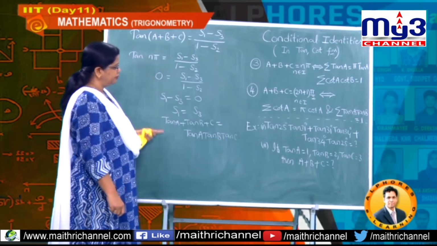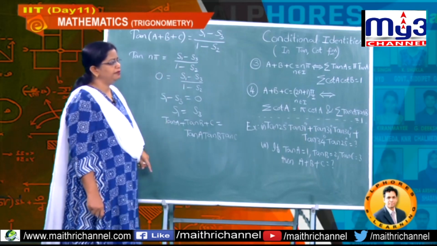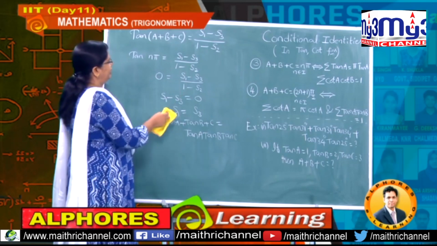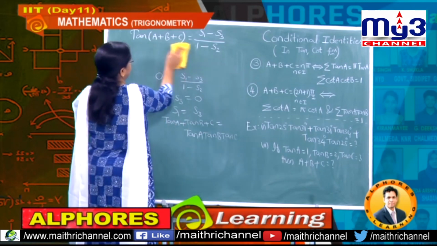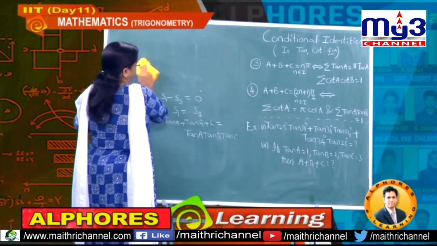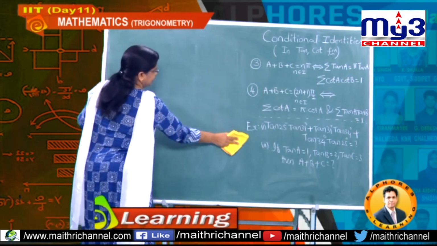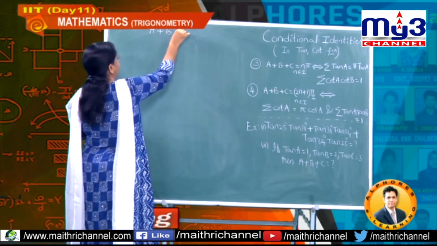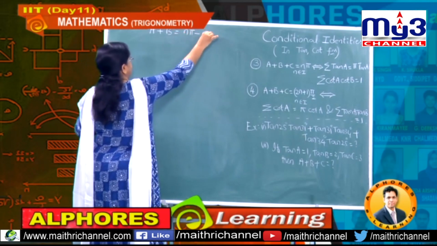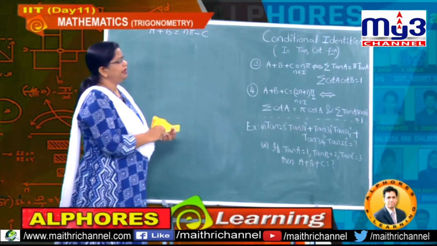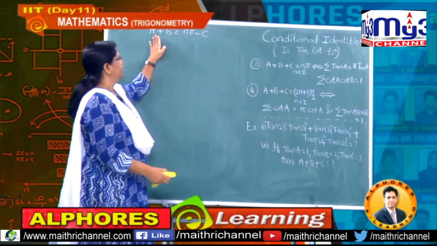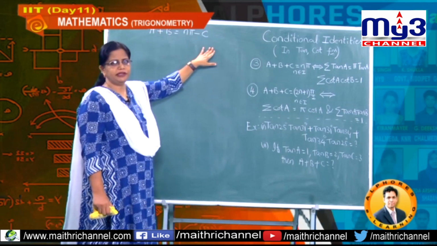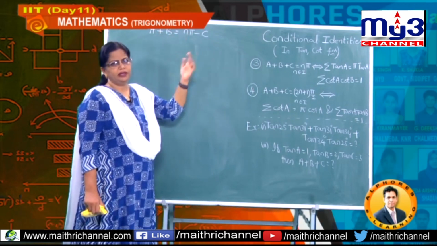And this one we can prove like this, but the same model problem is very important at your board exam level. In board exam level, for the same problem, with the same condition, we deduce it in another way. What is the other way? We consider the given condition, that is a plus b plus c equal to n pi. Then a plus b can be written as n pi minus c. Any value you can send to the other side.